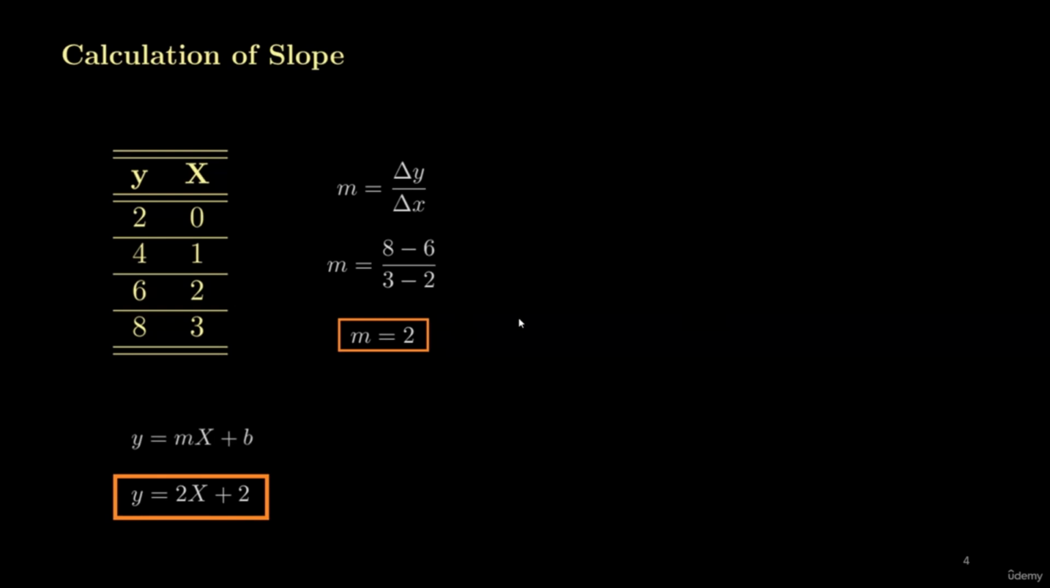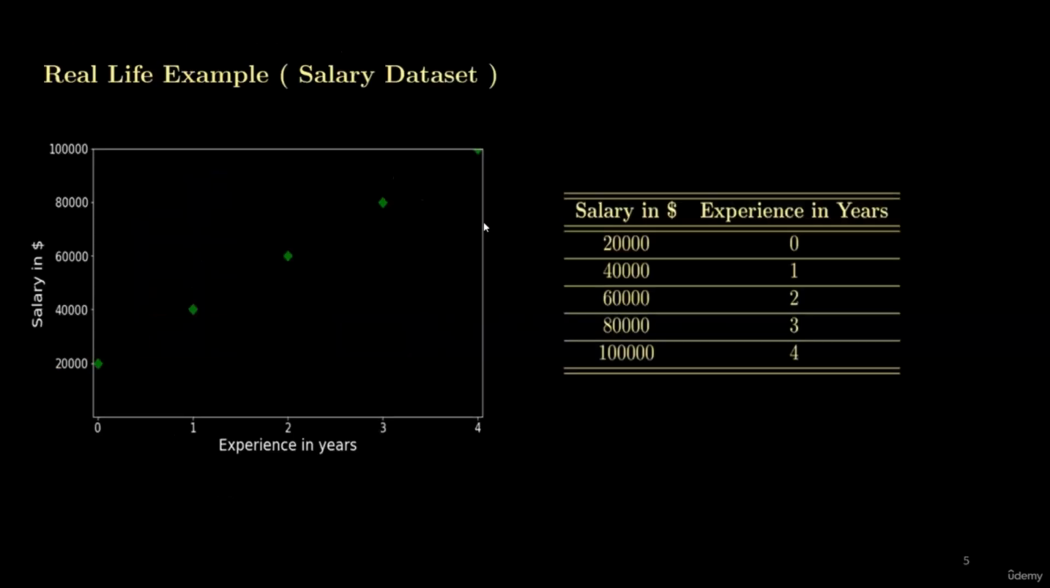Let's transform this knowledge of the slope intercept form of line into some real data set. Again, here I am taking a real data set, which is very small. It has only 5 samples, 1, 2, 3, 4, and 5. It has only 2 variables again: one variable is experience in years, the other is salary in dollars. Experience in years is the independent variable, whereas salary in dollars is the dependent variable, because salary is dependent